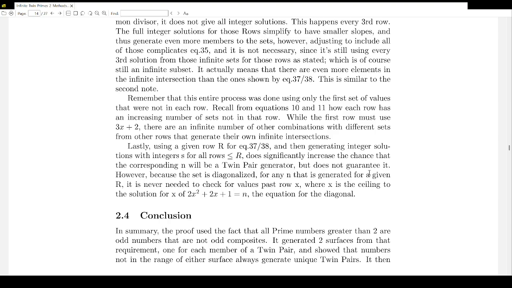Now, it doesn't mean there wouldn't be some other numbers that aren't. Like we said, you just have to go further down and further down. We've shown that there's an infinite number that are in that whole surface. But for any given R, it doesn't 100% guarantee